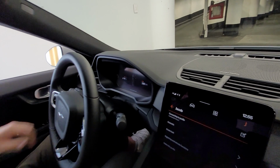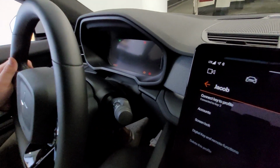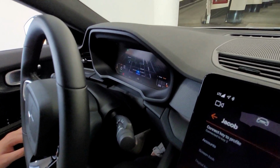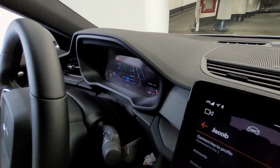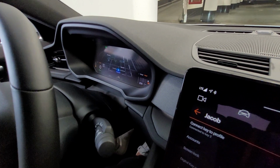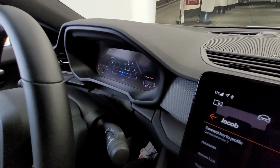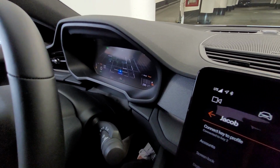Yeah. Maybe I just have to put the car in drive. There we go. So the center of the screen is taken. Oh, see, that's different, because this is my Polestar, you do have the navigation map. See, I can't get that in the Volvo for some reason. Maybe we'll try and do the same thing. That makes sense that the map should be available, because in the Volvo right now it's just a big blank space. Yeah, if you toggle it, the other toggle is the